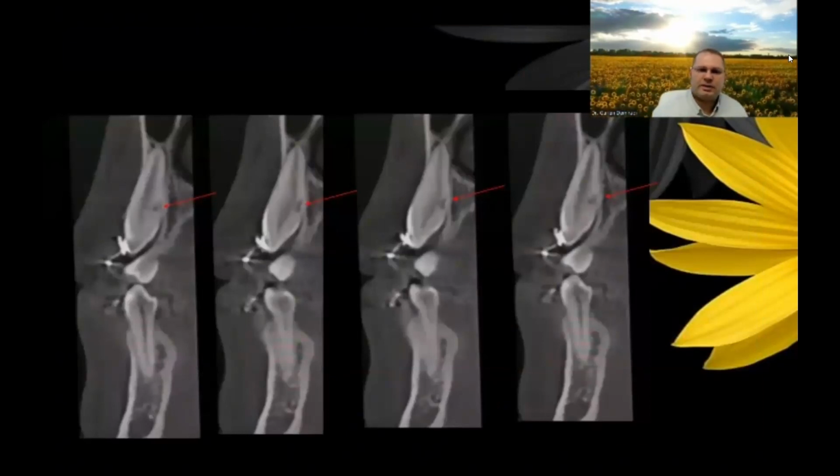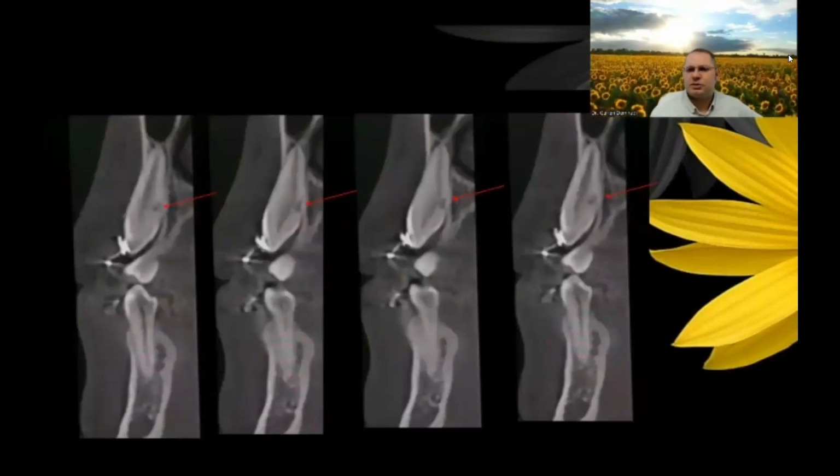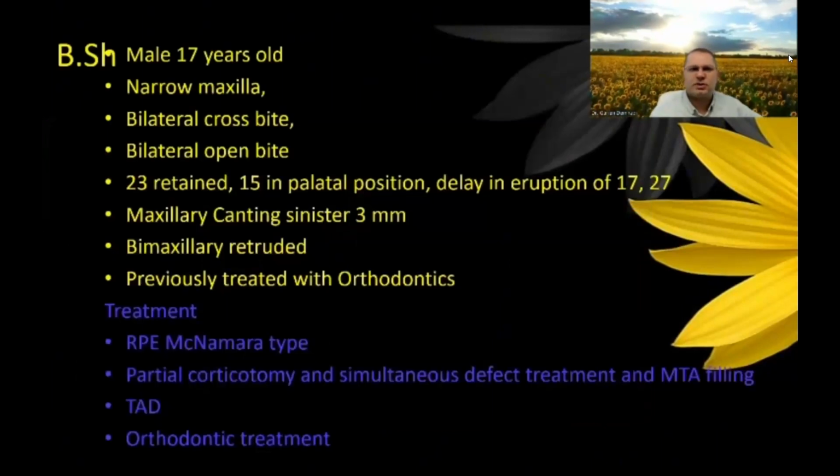So this is what we had in this case, and the tooth wouldn't move from there for nothing in the world. This case is still in progress, but you will see another one that is already finished, just showing you the narrative of it. Another one, male, 17 years old, narrow maxilla, bilateral cleft bite, bilateral open bite, 23 retained,